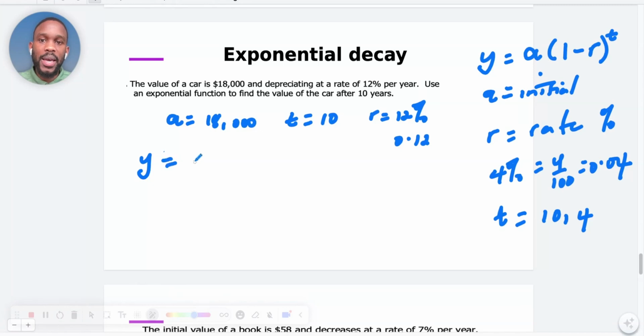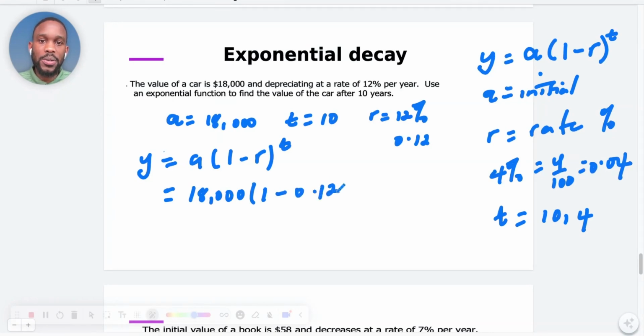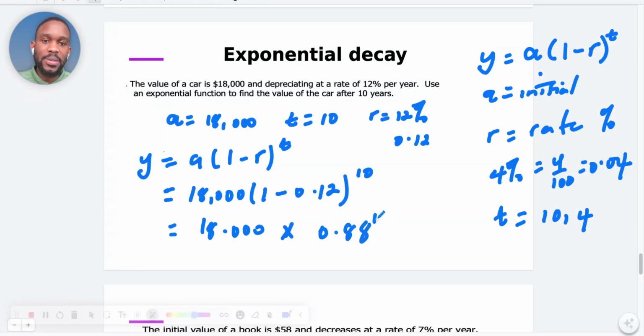Y is equal to A(1 - R)^T. So meaning the value of this car after 10 years will be the initial price, which is 18,000, times (1 - 0.12) to the exponent of 10. 1 minus 0.12, you get 0.88. So this is 18,000 times 0.88 to the exponent of 10. The value of this car is going to be 5,000